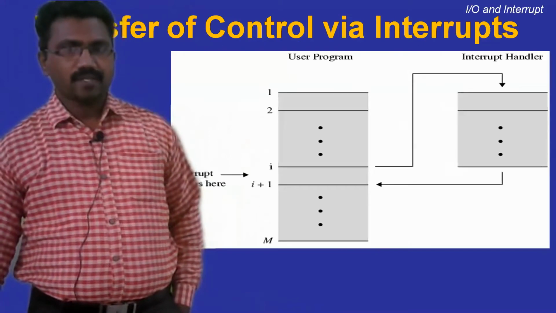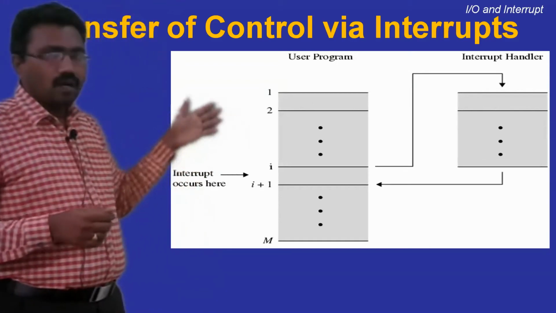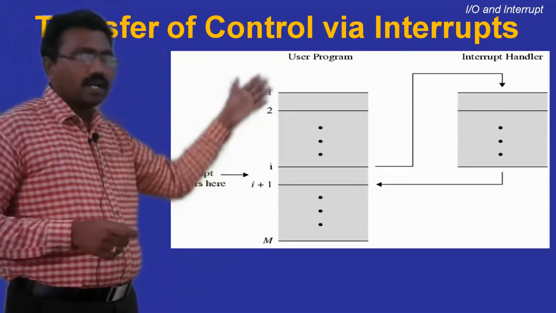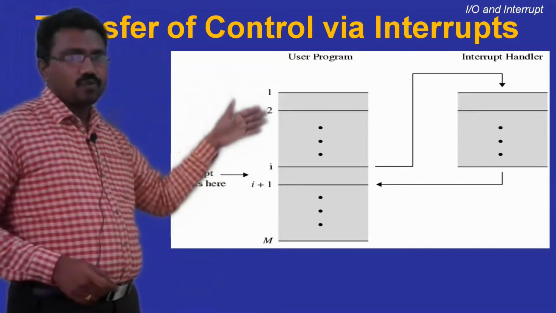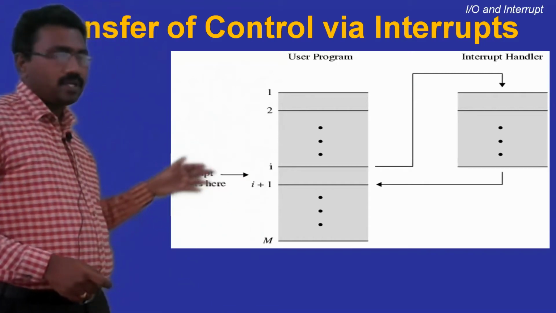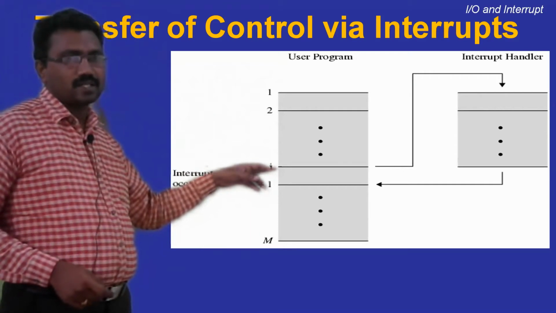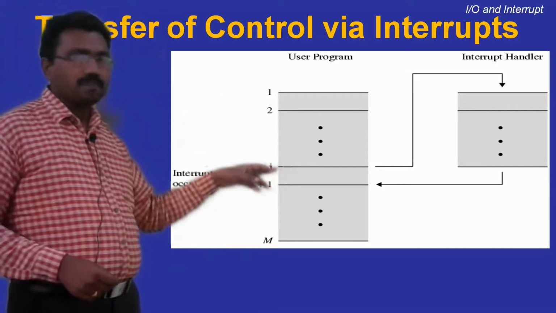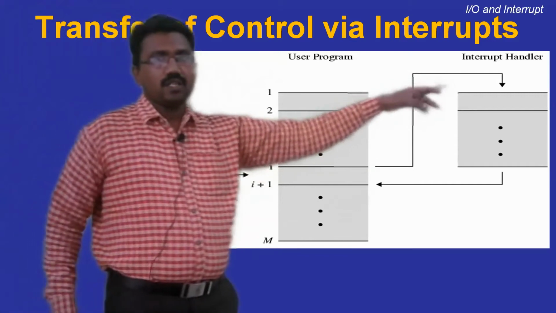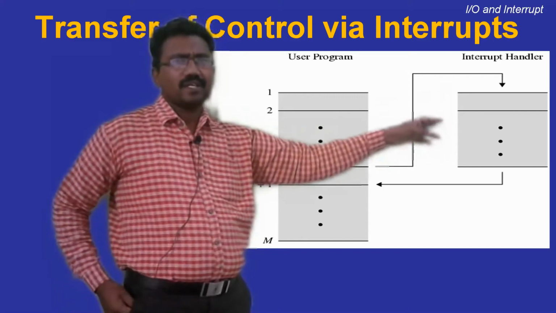Now we'll discuss the basic computer interrupt cycle. Before that, let us see once again what the interrupt is. This is the user program, the presently running program. Here the memory addresses are 1, 2, and so on, the ith address, i plus 1 and so on, up to m addresses. Here, after execution of the ith instruction, an interrupt occurs, so the interrupt is pending, so control goes to the requested interrupt service routine. This is the program to perform the requested interrupt operation.